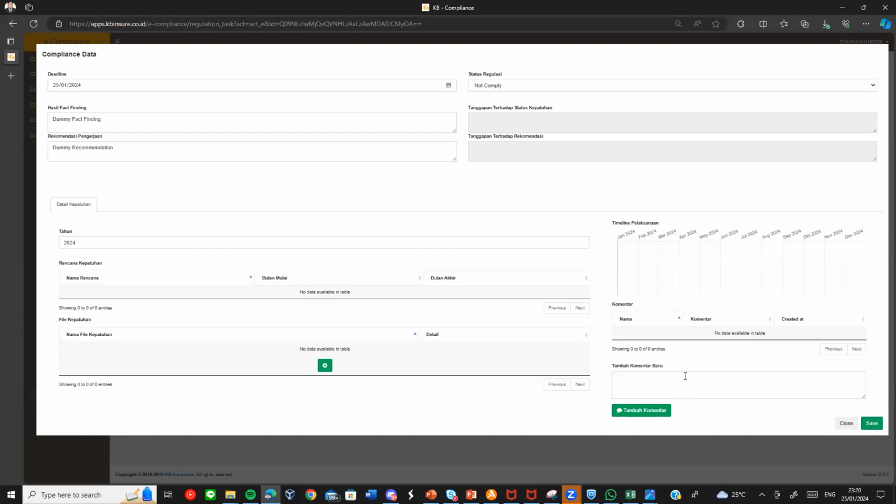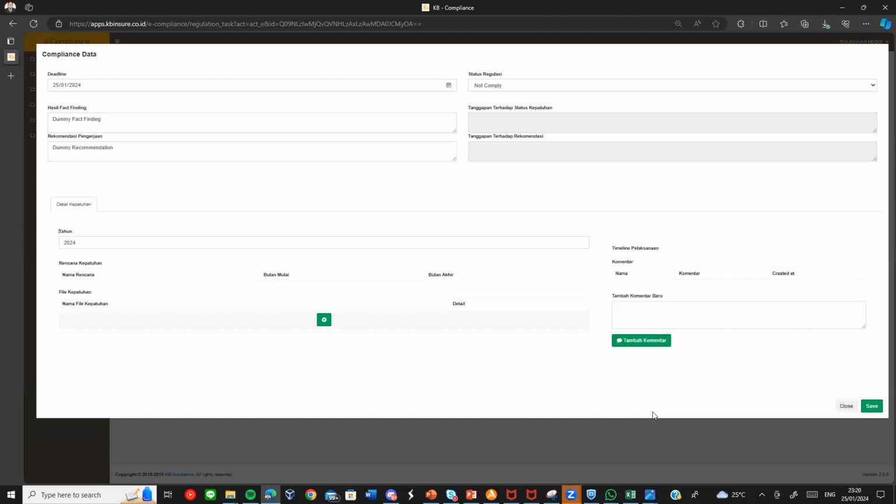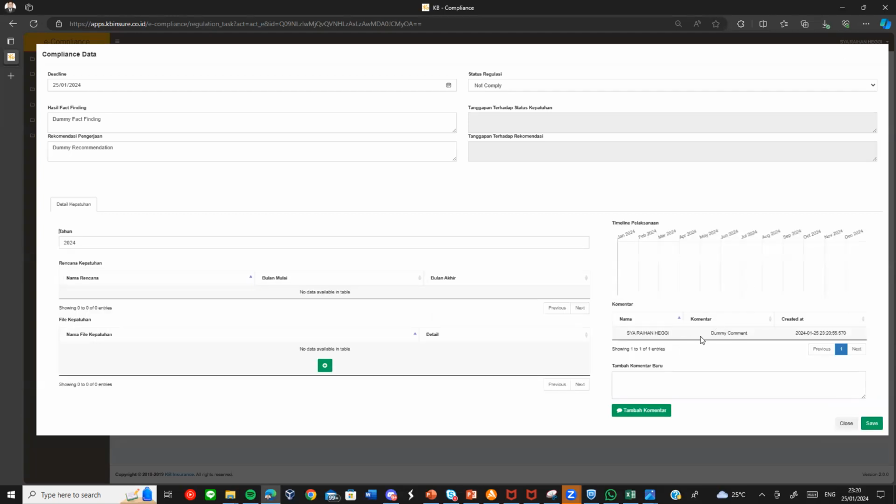If we want to talk specifically about this recommendation or communicate with each other, we can use the comment one. For example, we use a dummy comment here and click this button. Why did we separate this one? Because if we need only to add the document or add the comment, we don't need to reload the modal.